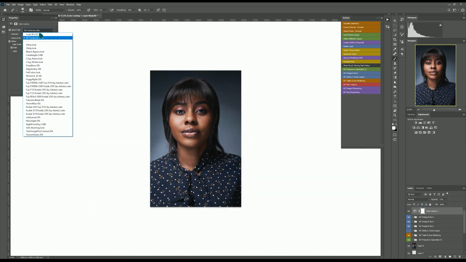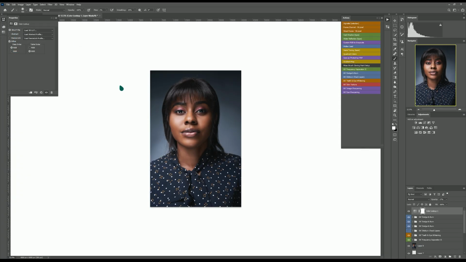So I'm gonna go with the basic. This is just more like a foundation of where I'm supposed to start from. Then let me just reduce the opacity to 15%. I'm going to go to adjustments and then select selective color. I'm gonna push yellows, -15, let's see. So before,